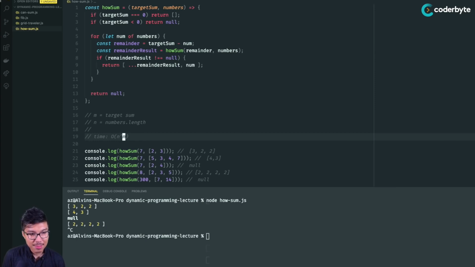However, it looks like we have some additional time that we consume in this function really coming from this expression, right? So if I look at line 9 in particular, this line creates a copy of an array. That will actually take a linear number of steps to copy over every element of an array, right? So I will have to consider the cost of this operation. Under the hood, it iterates through the remainder result. And I know that the maximal length of